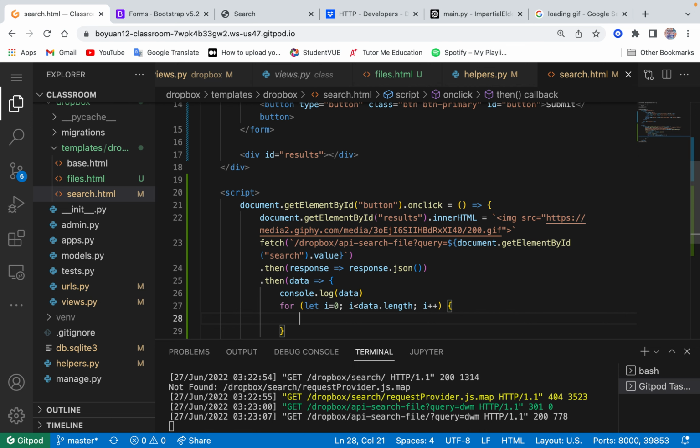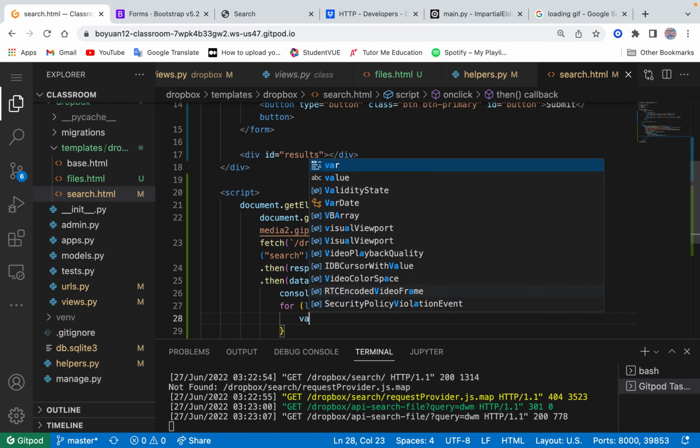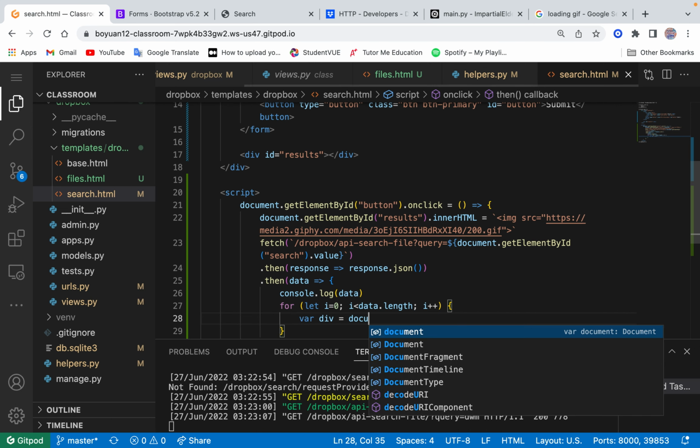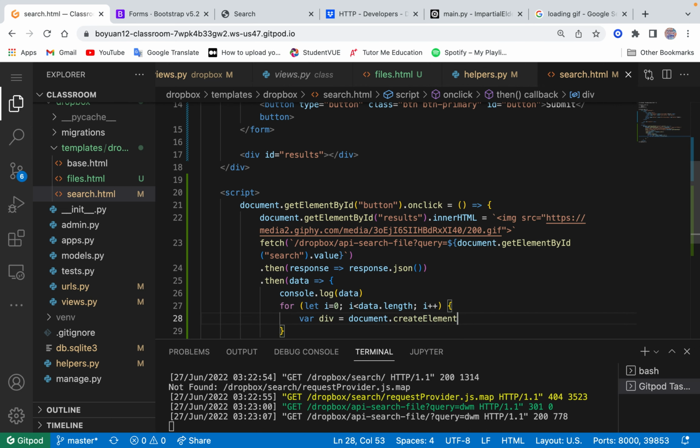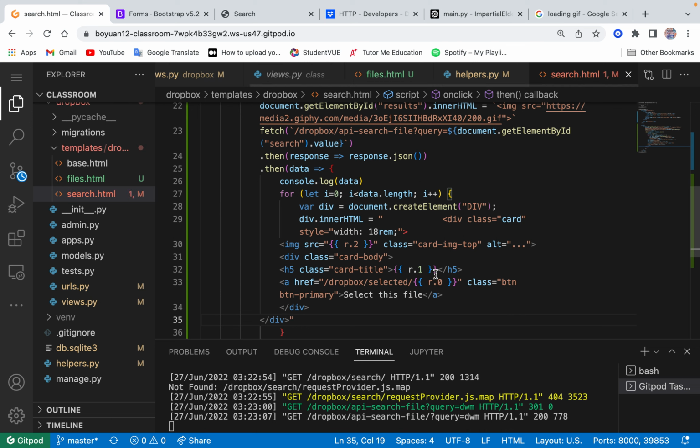That's going to give us stuff. Okay, so that means we need to create a new div. So var div equals document.createElement div, and I can say div.innerHTML equals to